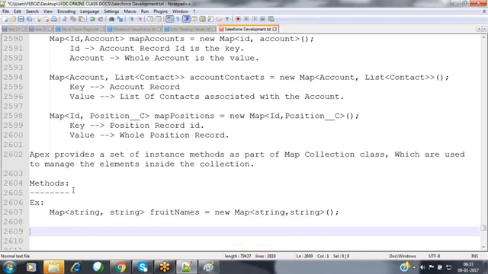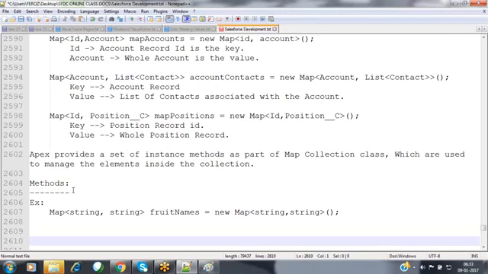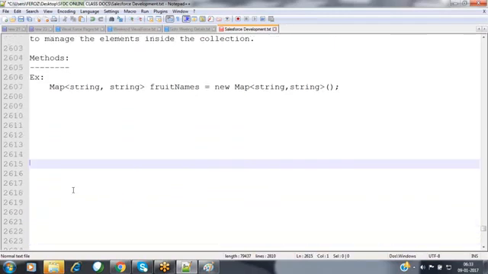One is the name of the fruit. Second one is the color of the fruit. This is my requirement here. So now I'm considering the color as the key and the fruit name as the value. Then how can we add the elements inside these collections? Let's see practically here. The first method.